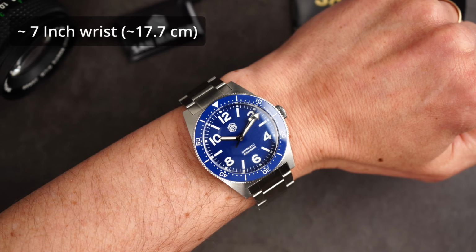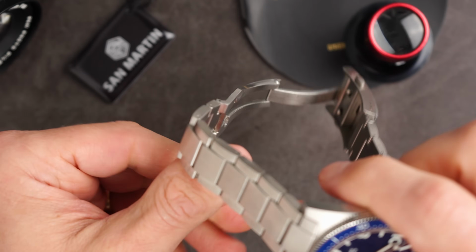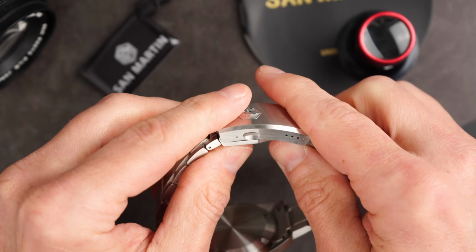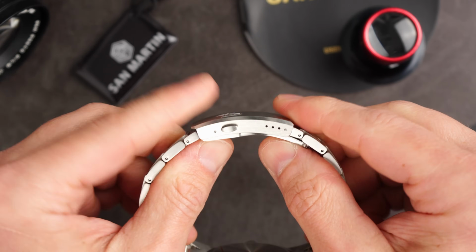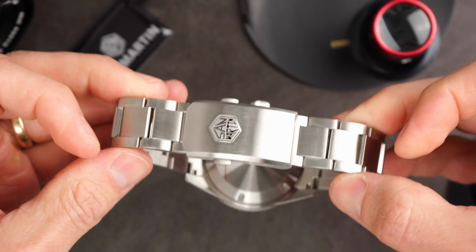And another kind of obvious cost-cutting area here is the clasp. Unlike on the $300 version, there is no on-the-fly adjustment here. Other than that, this clasp is actually very good. It is fully milled, has plenty of macro adjustments, features robust double pusher action, and is nicely decorated with the